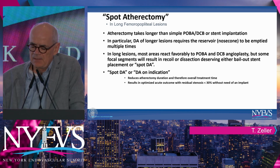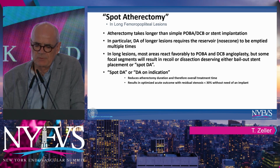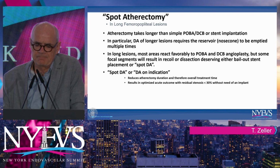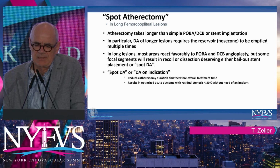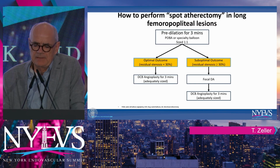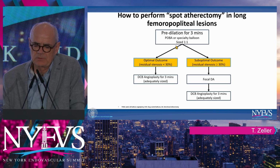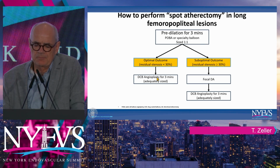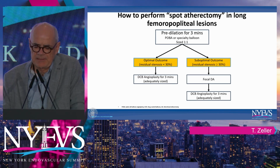It takes time. You have to remove the system to clean it if you are using directional atherectomy. So we developed a kind of adaptation of bailout stenting or spot stenting, which we define as spot atherectomy. And what is it? It's basically pre-dilatation of the lesion with an appropriately sized plain balloon or specialty balloon for 3 minutes. If we see an optimal outcome after this pre-dilatation, we go directly to DCB angioplasty, and that's then